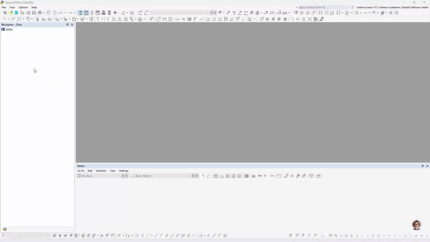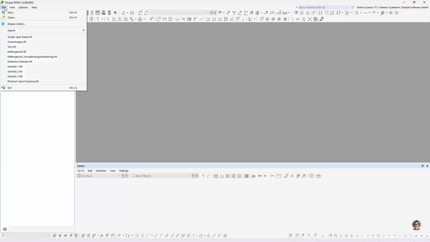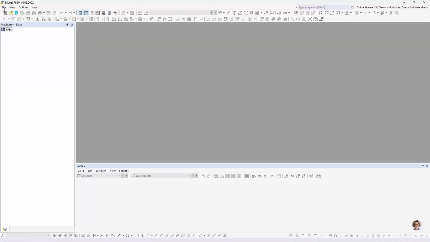If you open the software for the first time, it's a little bit gray, but that'll change very quickly once we create a new model. And that we can do in 3 different ways. One way is to right-click on the RFEM icon in the data navigator. The second way is to go into the menu bar, File, New, and the third possibility is the icon in the toolbar. I'll click on that,